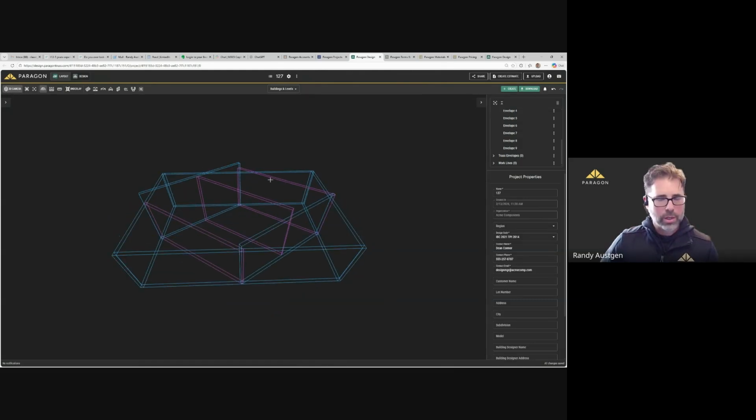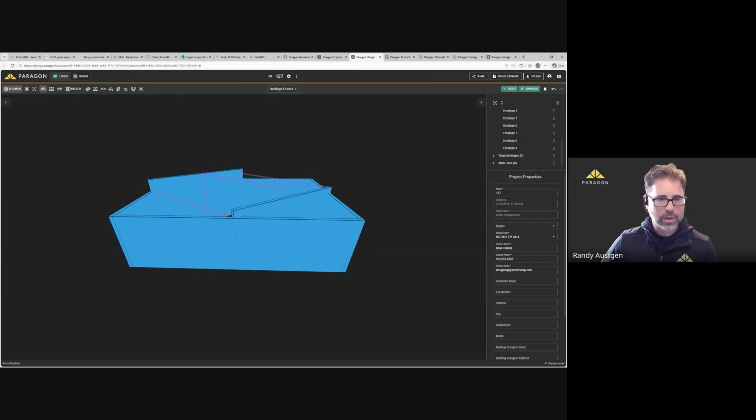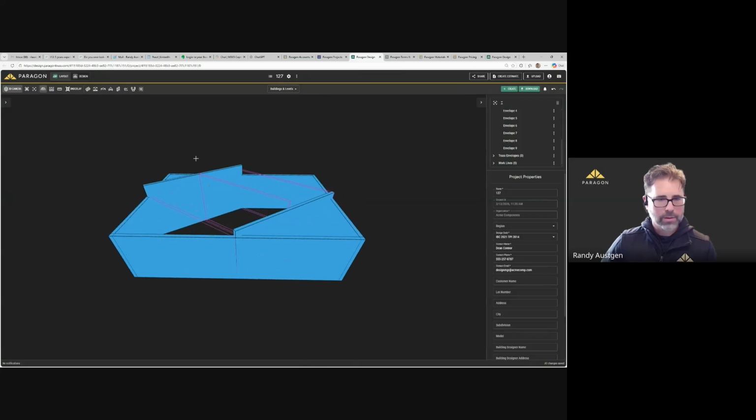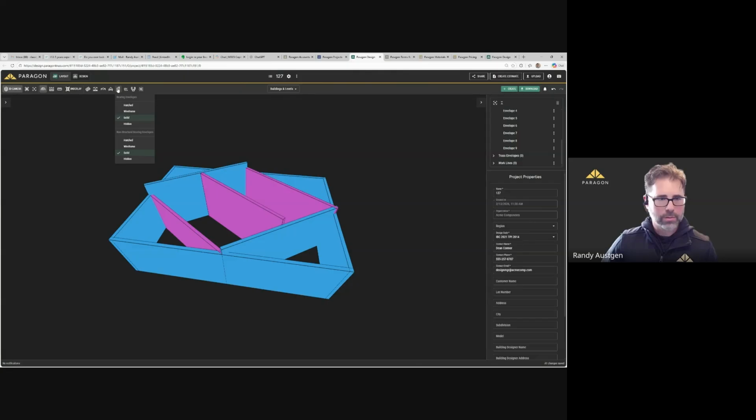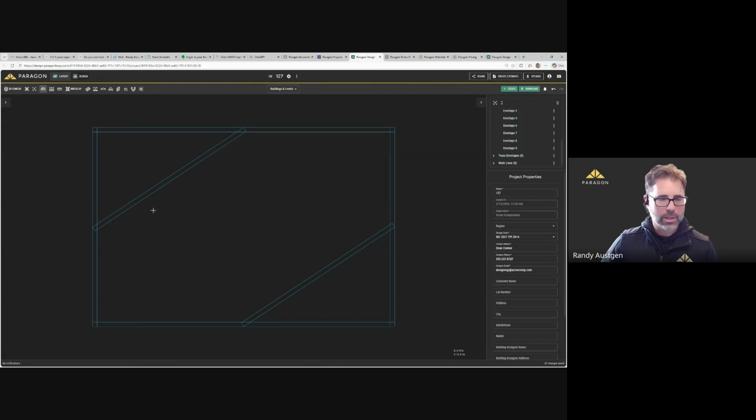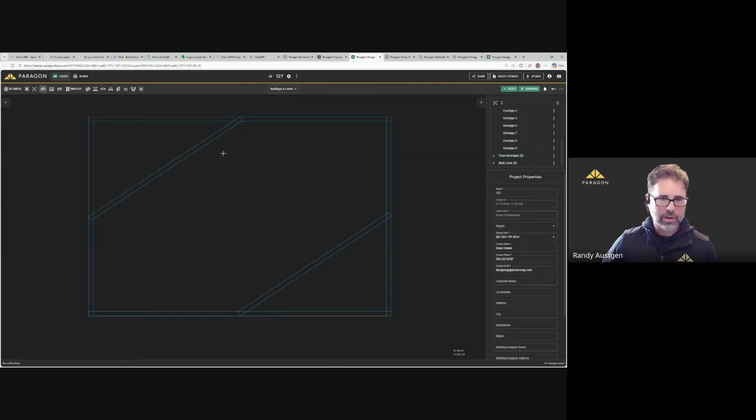All right. So again, we're in 3D. We're going to take a look here. We are in 3D. The hatch versus wireframe is not going to be any different, but solid view is. All right. So that was solid view for the load bearing walls or structural walls, and then we have individual or separate controls for the non-load bearing walls as well. Of course, we can hide these as you see fit. Back into 2D, and when we go back into 2D, we see that it's just the wireframe and so on. So again, should be pretty straightforward there.